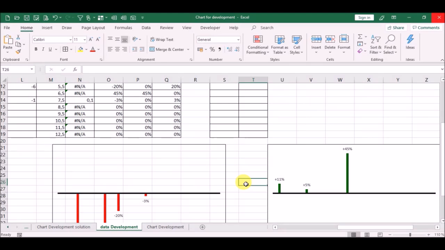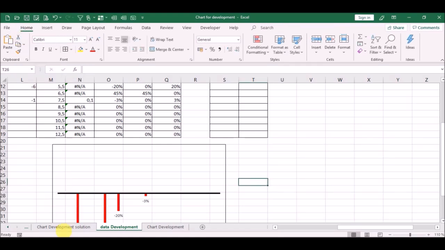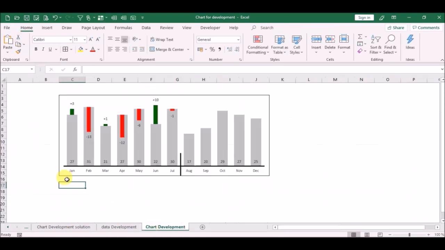In this video we want to consolidate these two charts, so we mark our chart with the positive deviations, then we cut it, go to sheet chart development to cell C17 and paste it.